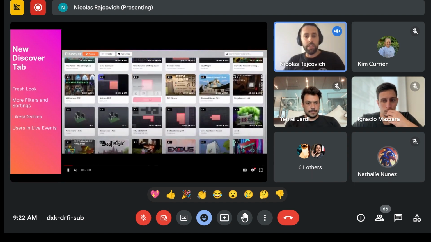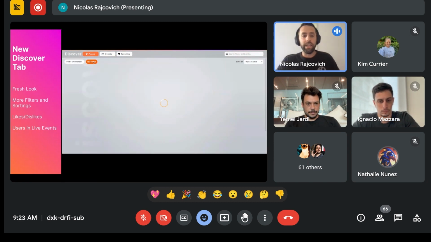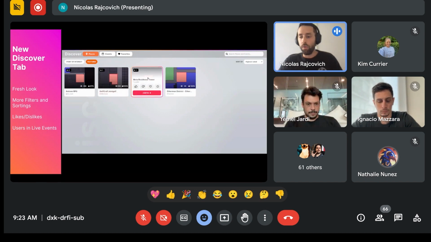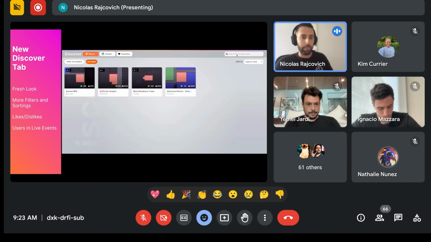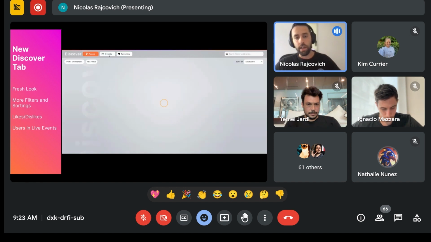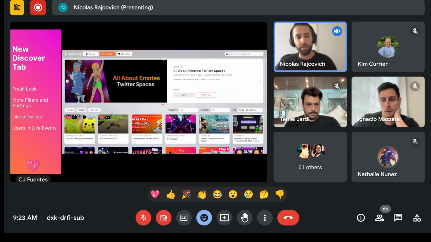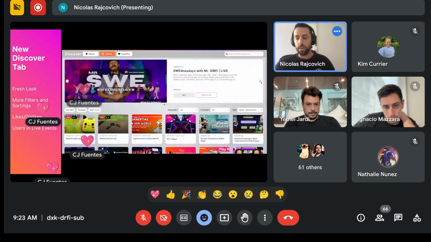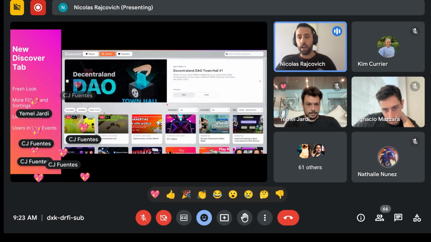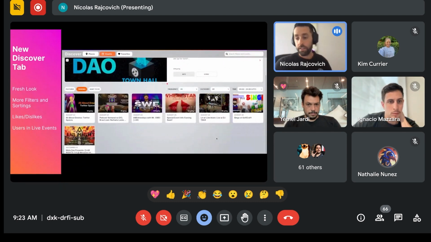Then on the discoverability of scenes, events and places, we've been working on the Discover tab in the Explorer. If you notice, we don't have the Highlights tab anymore because it was kind of confusing. Now it's more inclined towards places and events, and we added all of the filters and sorting options that were previously present in the dApps. Now you can access this from the Explorer directly and find and discover new places.